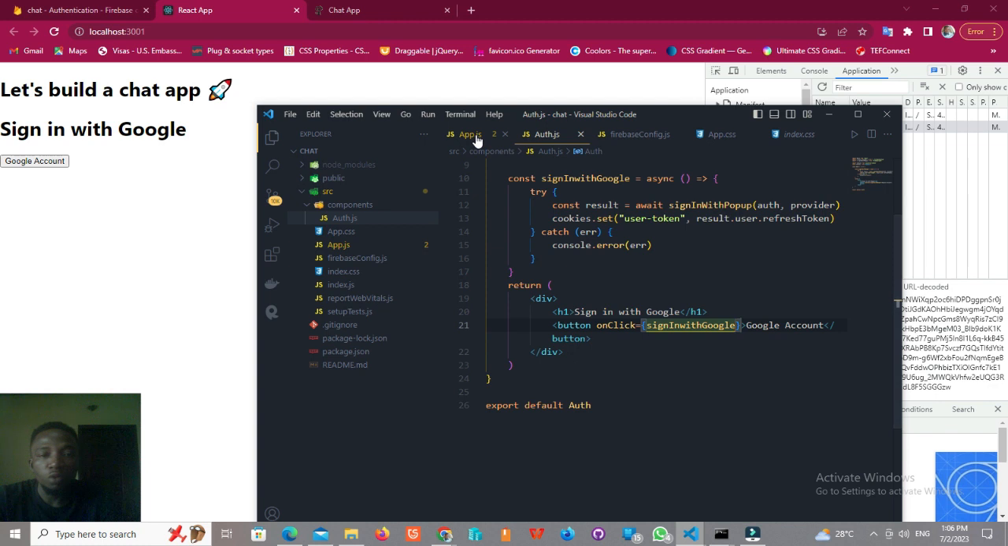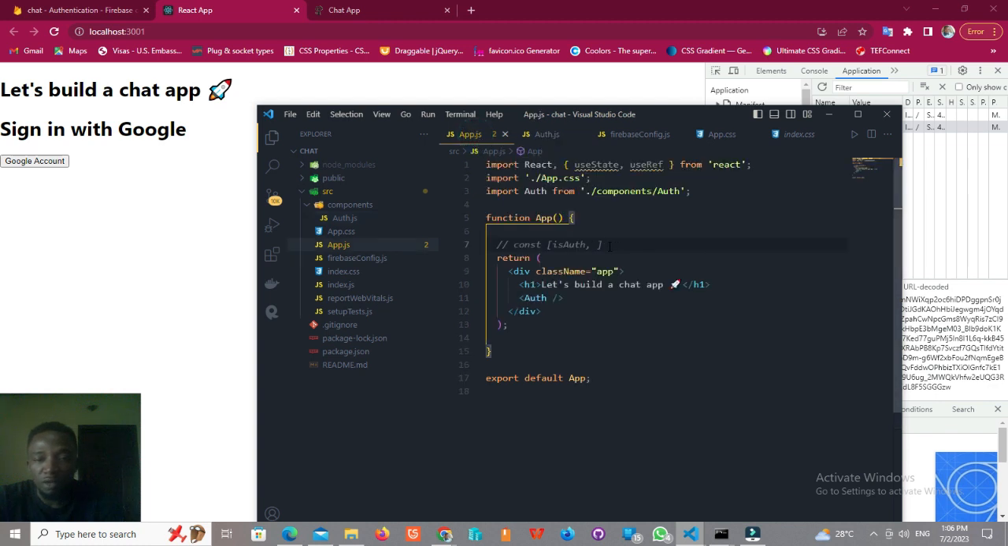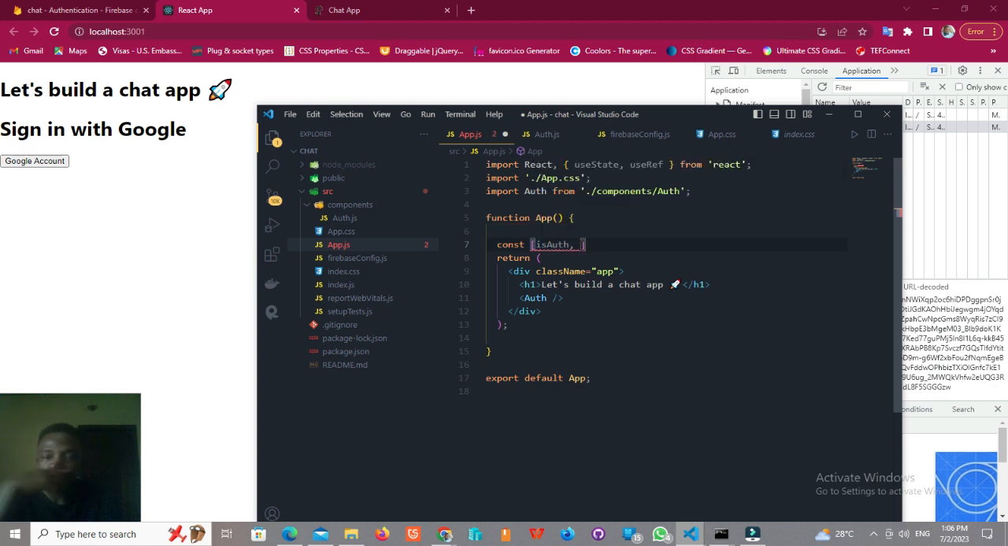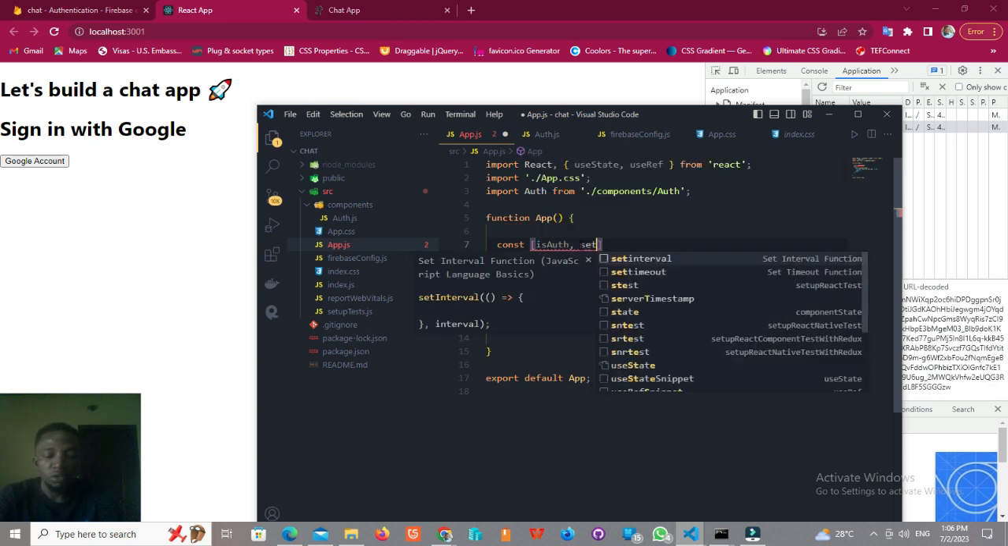All right, but we want to be able to visualize that in our app. All right, we want to see what we are doing. All right, visualize it. Now I'm gonna